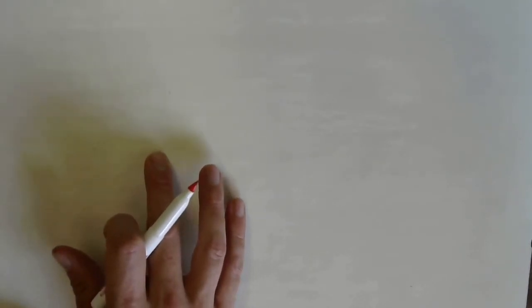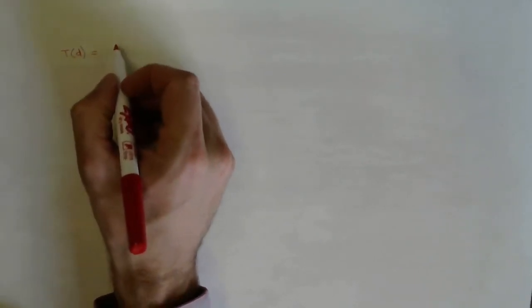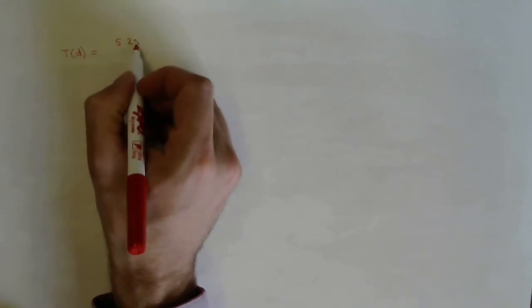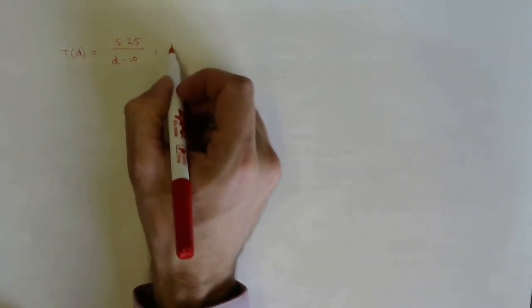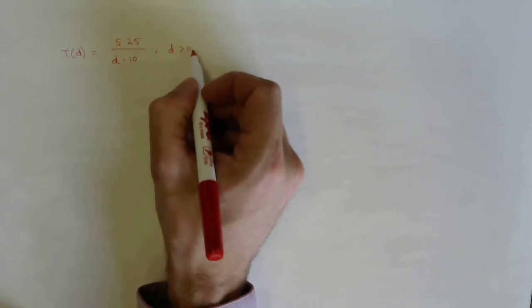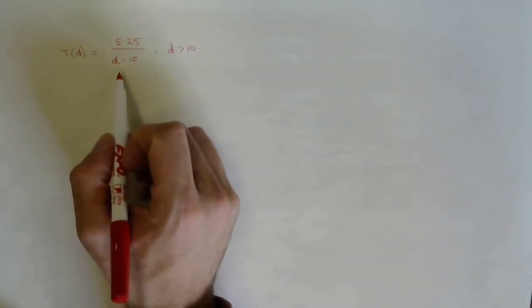Okay, example 2. Diving time. The maximum time, this one is hard to understand, but scuba diving. Okay, the maximum time, T, in minutes, that a scuba diver can rise without stopping for decompression on the way up is defined by the equation T of D, so time with respect to depth, equals 525 over D minus 10, where D must be greater than 10, because it wouldn't make sense to have a negative depth